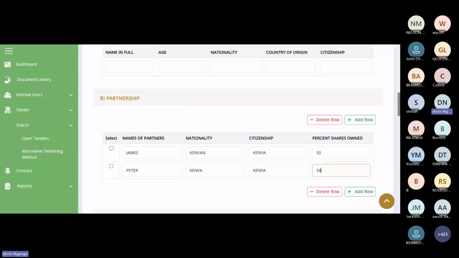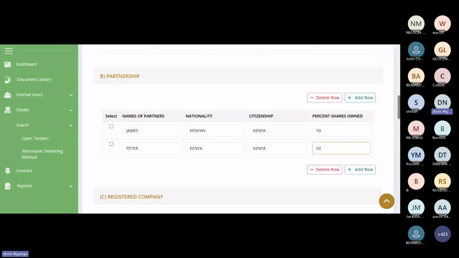This will depend on how your organization is structured. But in my instance, I'm not a partnership, so I'm going to delete this information. I just wanted to demonstrate, in case you are a partner, how you'll be filling the details and how to add the row for the other partner. So I'm going to delete this row.